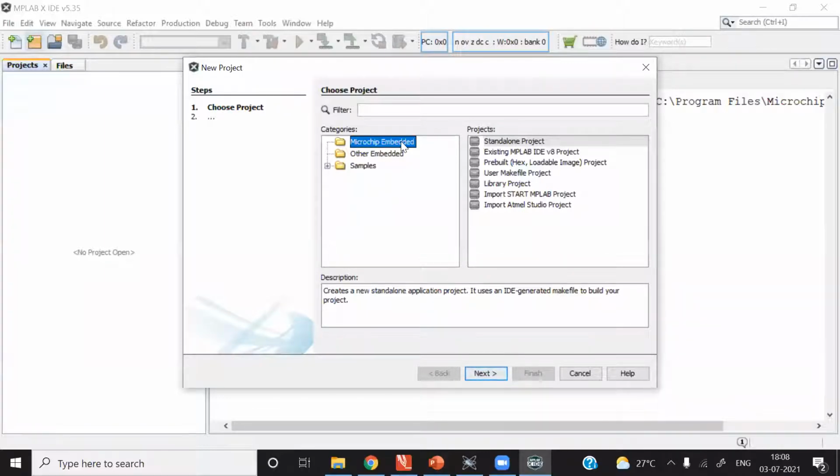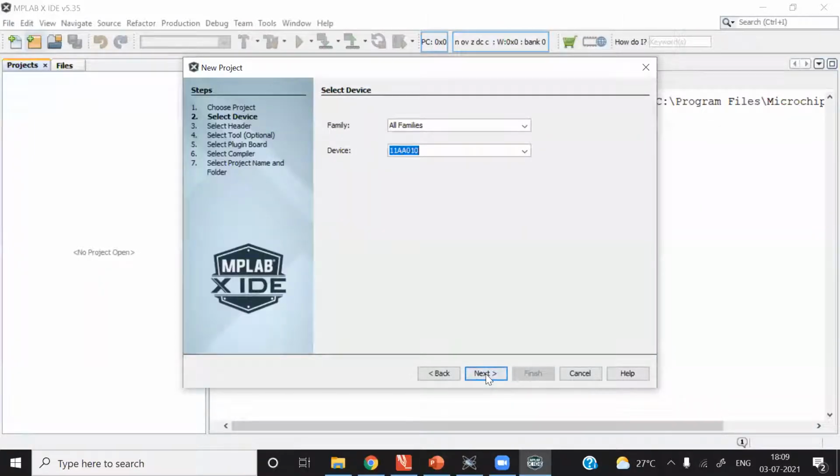Keep it as it is. In the sub window on the right hand side, there are different project categories like standalone project, existing MPLAB IDE v8 project, user makefile project, library project, and so on. Select the first option, standalone project. Then click Next.